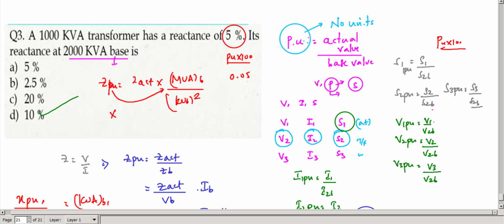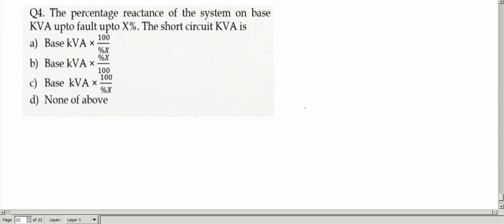Okay, let's see the next question. What he asked: the percentage reactance of the system is given, the kVA up to fault is X%. The short circuit kVA. So short circuit MVA equal to, how can you get the relation? Short circuit MVA equal to base MVA by per unit impedance,